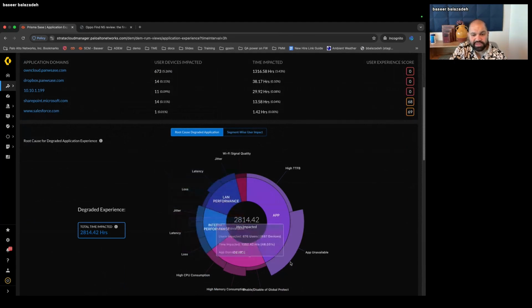Now we have this new dashboard. It's called the Sunburst dashboard. And this is where we're able to see what's the thing that's giving the biggest problem. So for this one, it's an application. The application is what's causing the problem. And if I move my mouse over it, we see that there are,